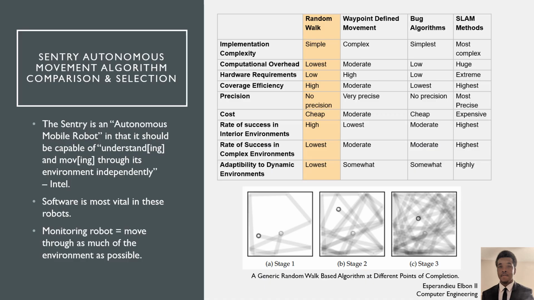Having the sentry be autonomous is a large part of this project. Thus, we need to look into path planning and movement algorithms. As our system is a monitoring system geared towards movement in the environment, coverage is a significant parameter. The best algorithms to use fall under a class known as simultaneous localization and mapping, or SLAM methods. These algorithms form a map of the environment through sensor fusion and allow the robot to move through it almost